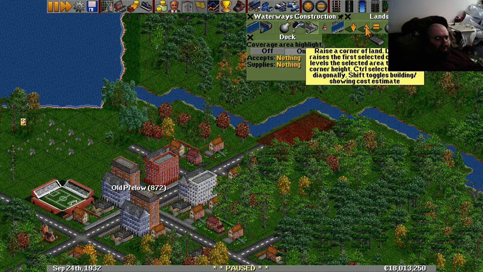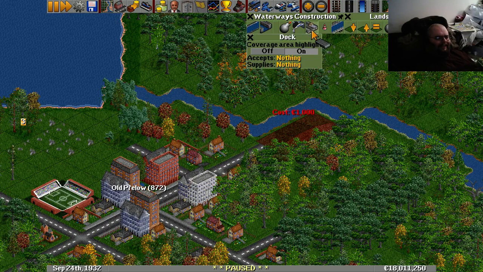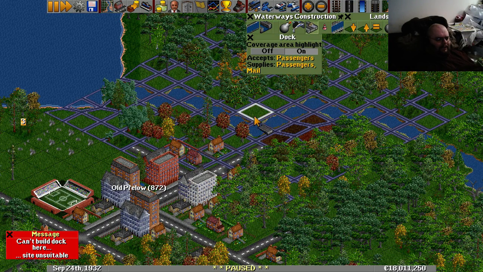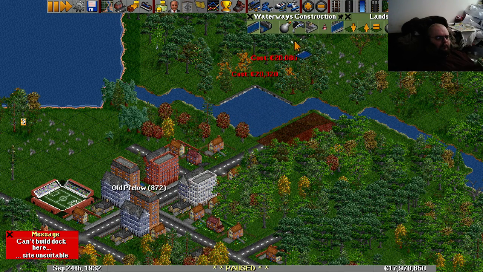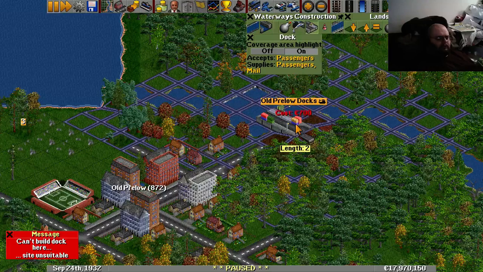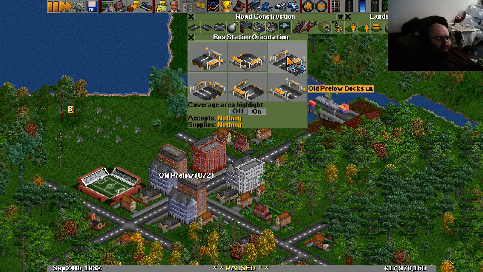Did I go down instead of up? Yes, I did. That was silly. Why didn't you stop me? Alright, I need to carve out a little bit of room there. Okay. There we go. And, as usual, our sneaky cheat